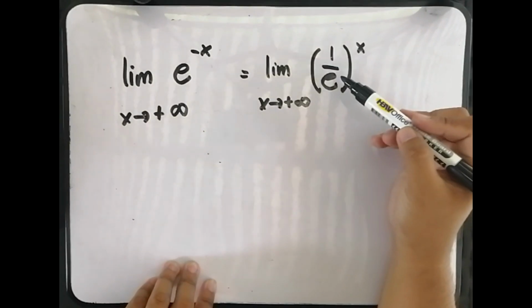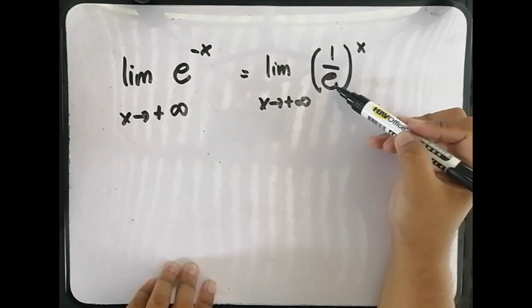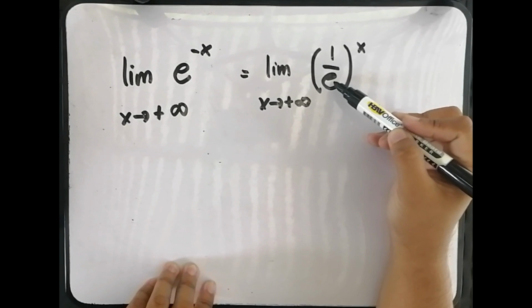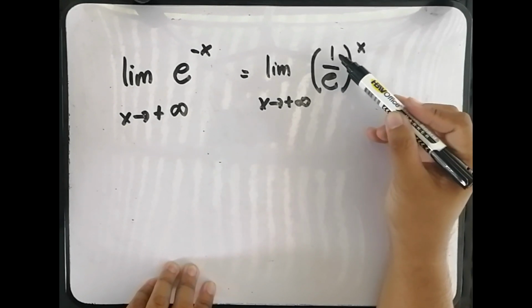And we know that 1 over e is a real number. Okay? Etong e na to is 2 point something. And if we divide 1